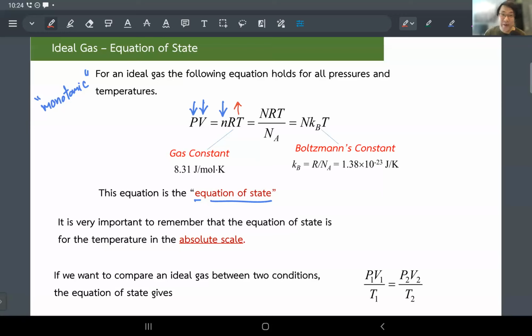Like it has to be. It's not an approximation. It has to follow this one, PV equal to nRT for an ideal gas, of course. And somehow, if you don't want to deal with the small n, you can convert this to a capital